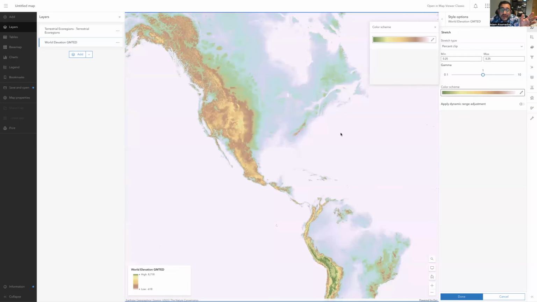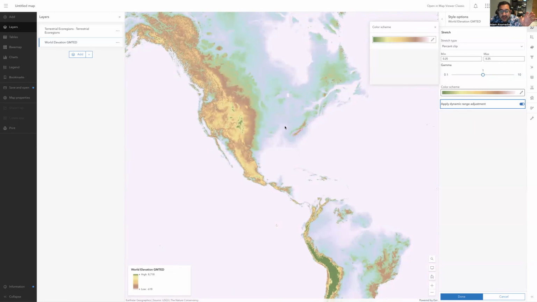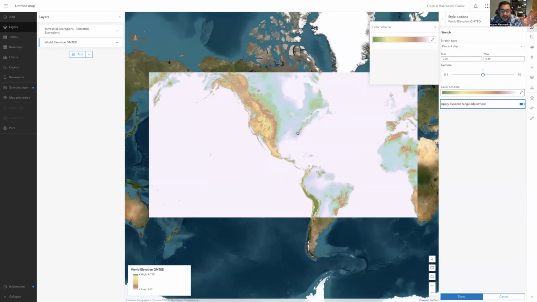There is one cool thing I want to talk about, and that's the dynamic range adjustment. So right now, when I zoom out, it's showing me, for instance, the highest areas are going to be these green areas, right? And these are sort of our mid-range ones, and here our purple is low. If I apply dynamic range adjustment, it scales this gradient based on what I'm seeing on the screen. So even though now we see this gradient over here, there's none of this light brown and a little less green over there. But if I zoom in, oops,